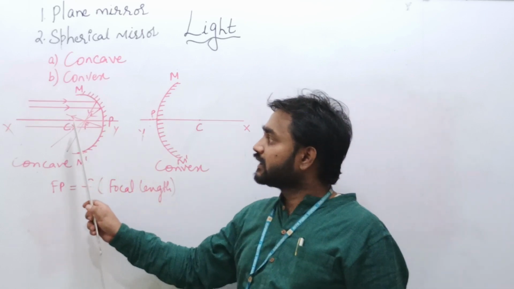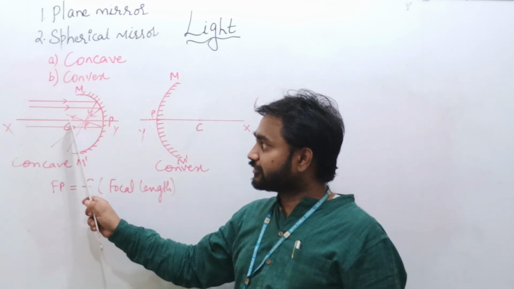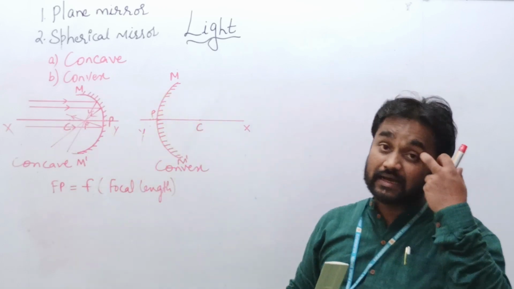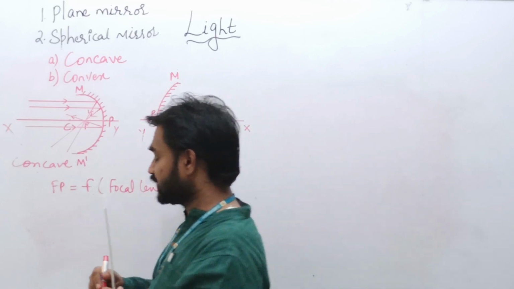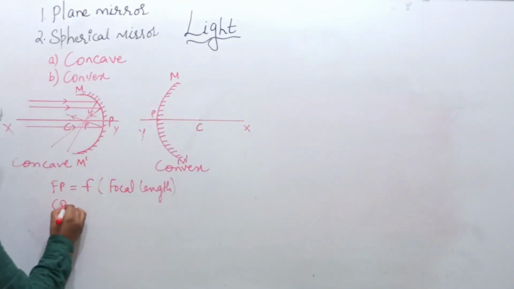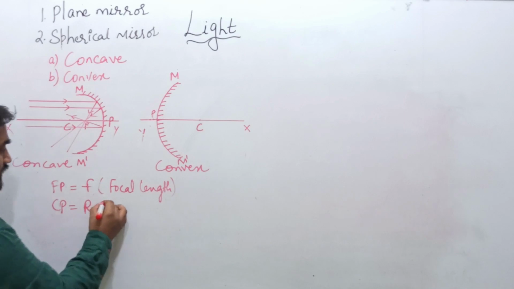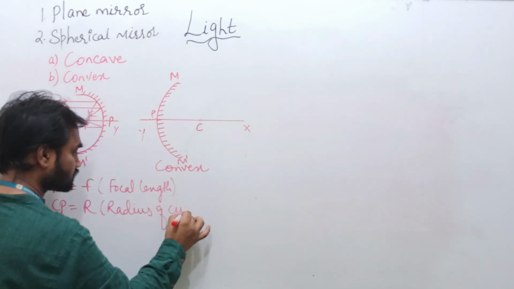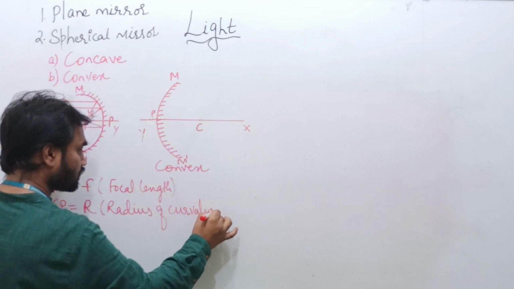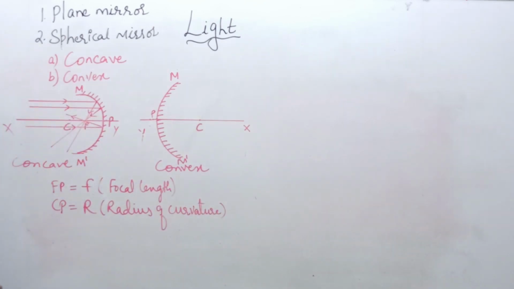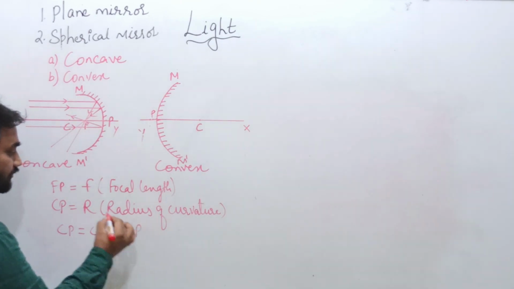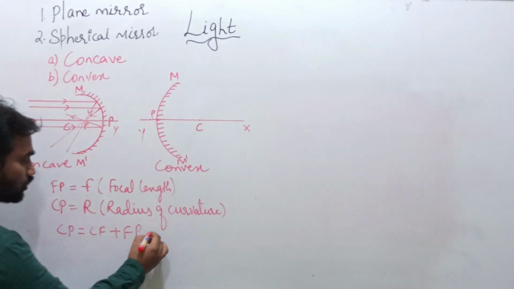And the center of curvature, the length from the center of curvature to the pole, is called the radius of curvature, and that is denoted by CP, which is denoted by R. Okay, that is radius of curvature. As we said, CP is equal to CF plus FP, and we also know that